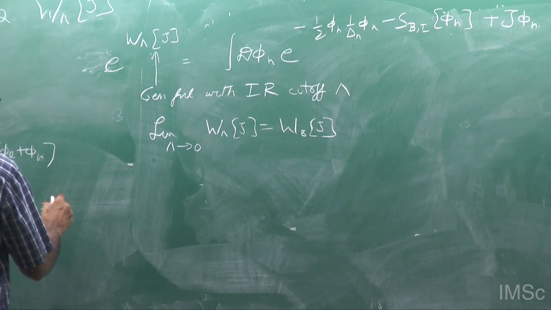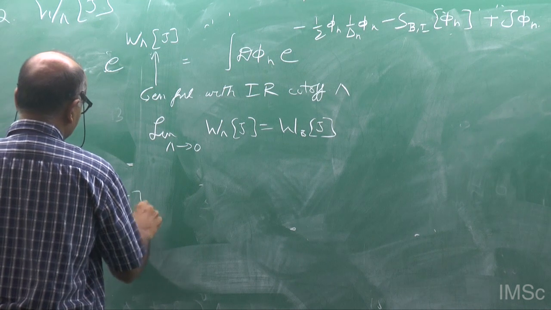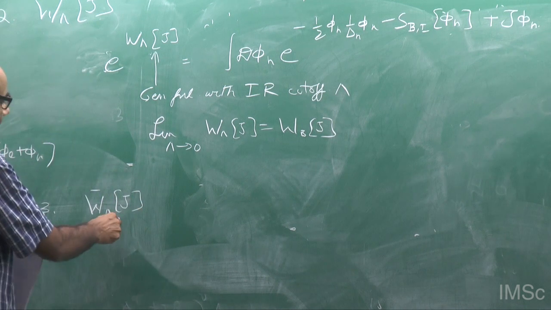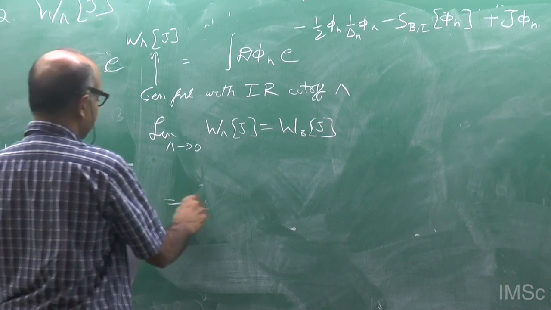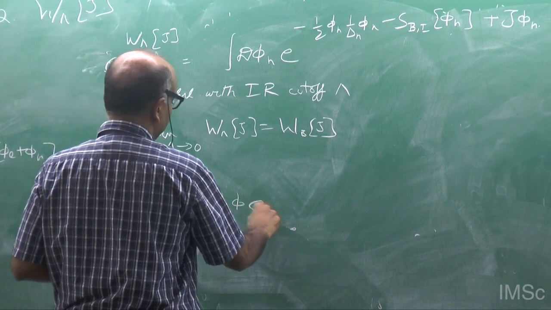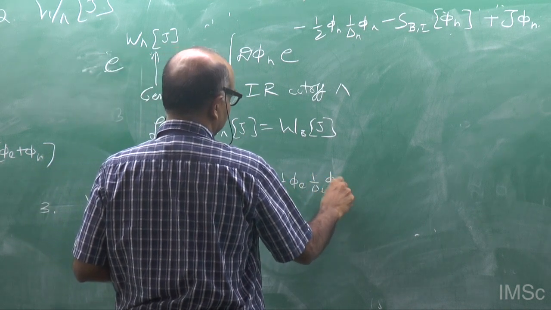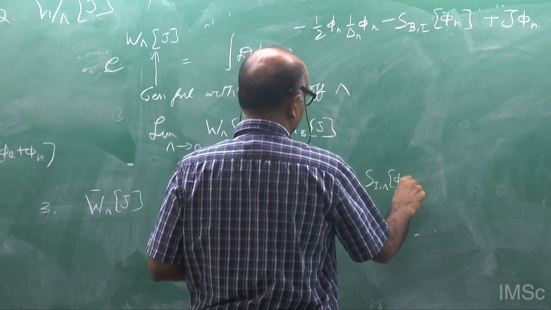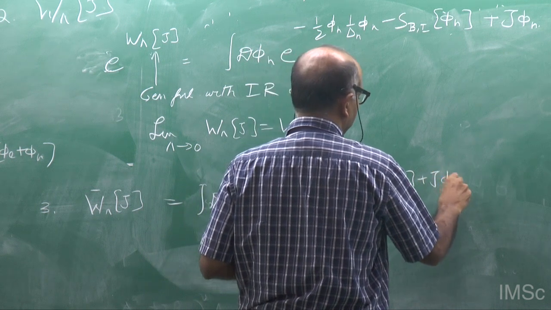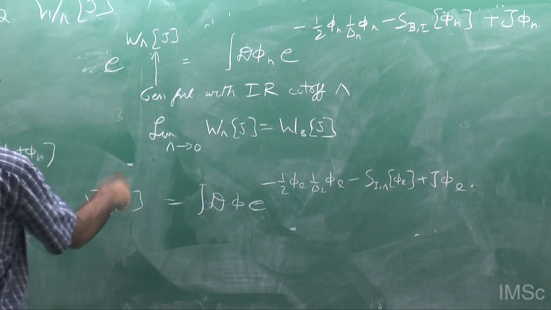And the third thing we defined was this guy, which was the generating functional for the theory using S. So this was defined as d phi. So this is the third object we defined,